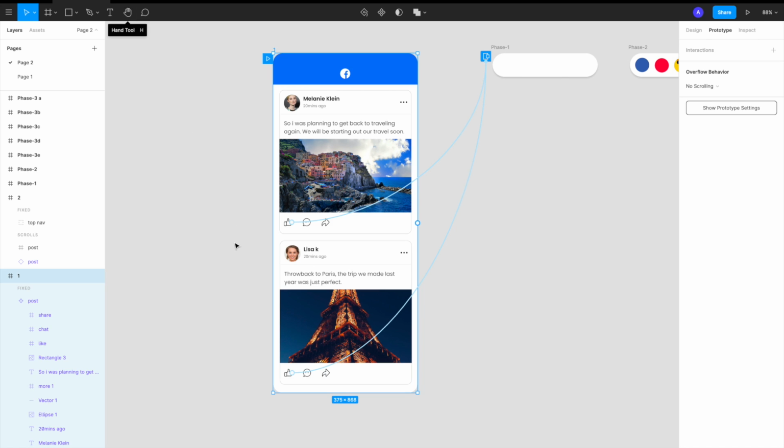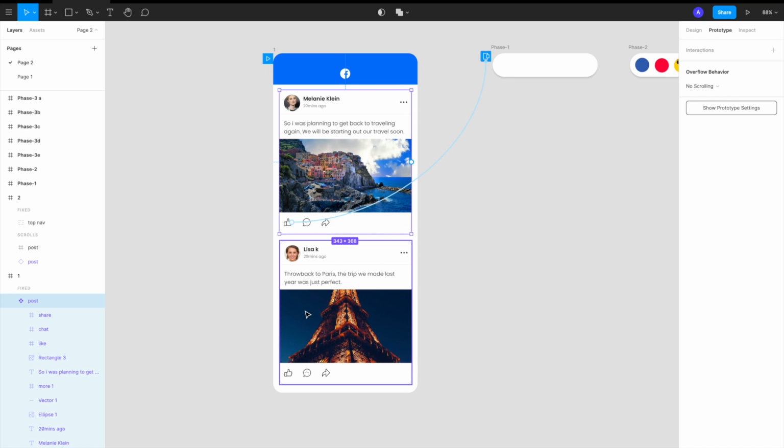Now guys, I told you there is a benefit of creating components. The other benefit of creating a component is, if you see, I just linked the first one to this, but all the instances also get linked automatically to this stage. So whatever animation I associate with this main component, it also gets associated to all the instances that we have created out of this component.